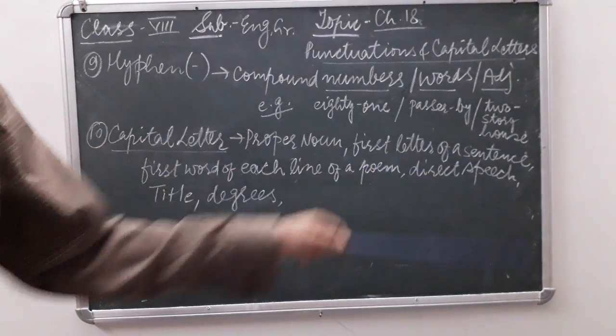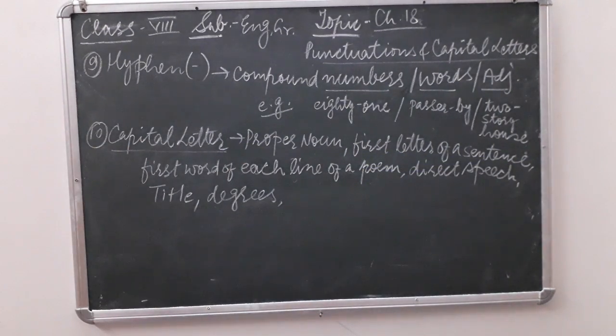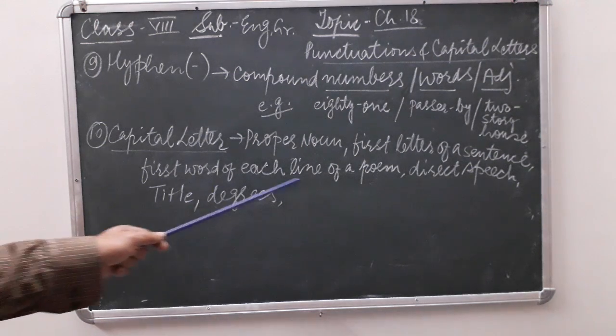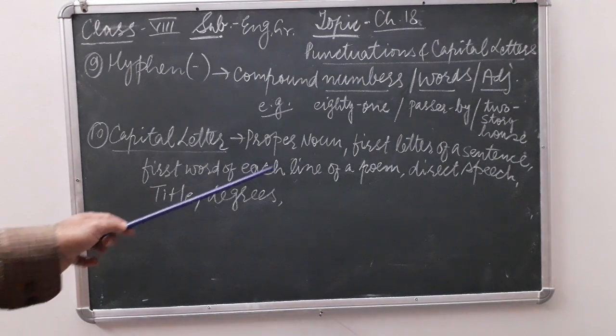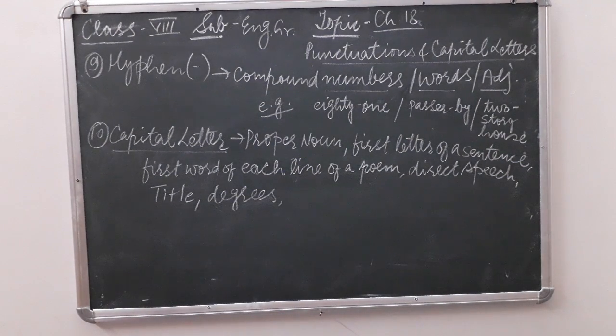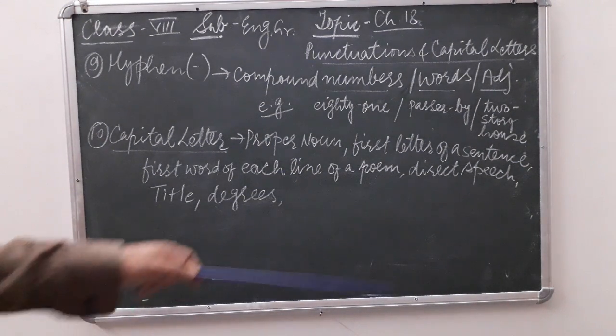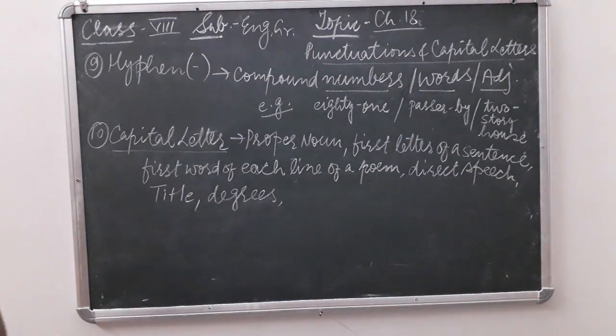First letter of a sentence, you already know. Every sentence starts with a capital letter. Next, first word of each line of a poem. Whenever we read or learn any poem or write any poem, the first word of each line will be a capital letter. It is very important. Remember, when we use direct speech or quotation, the first letter will be capital. Then in giving titles,